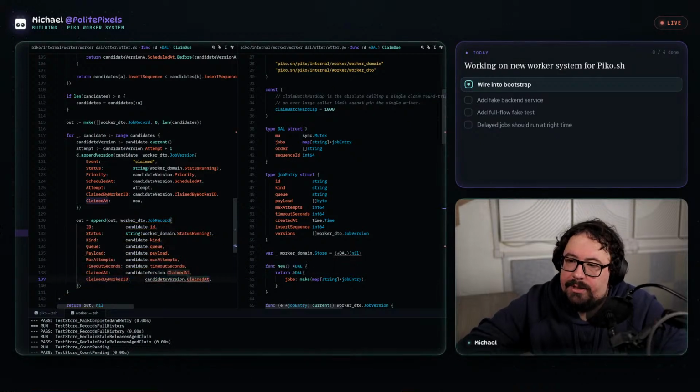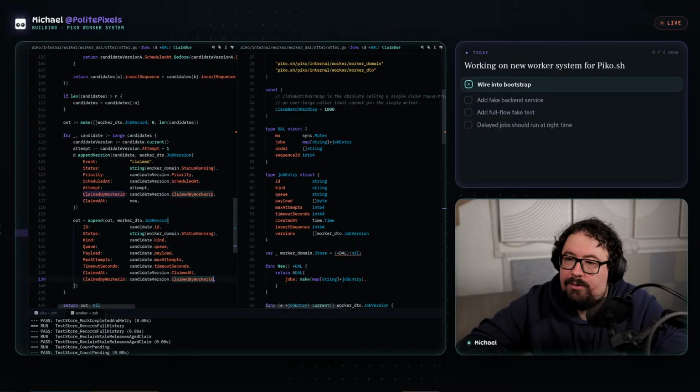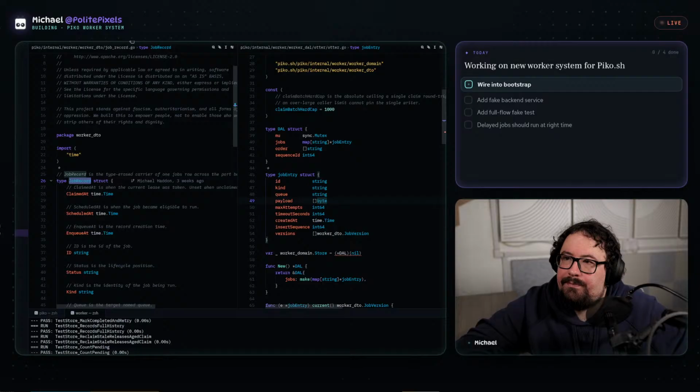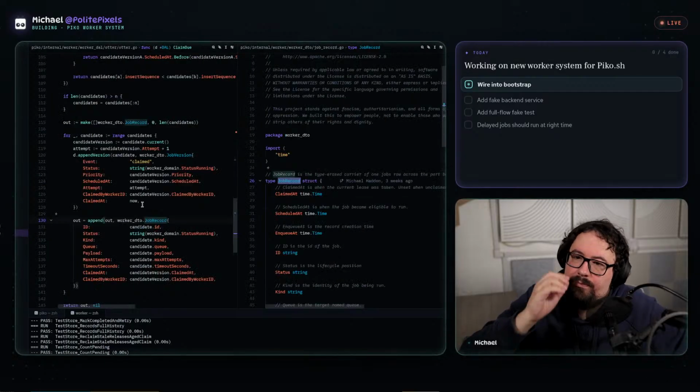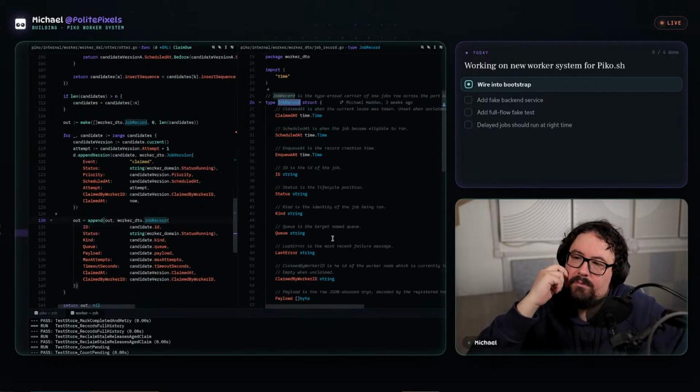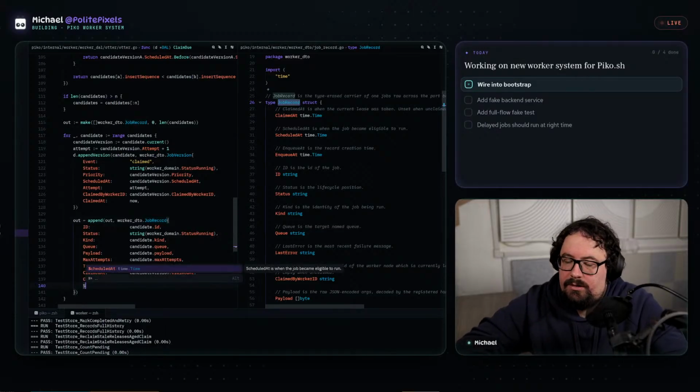Claimed by worker ID, candidate version claimed by worker ID. How many more things do I actually have to do? Schedule that.